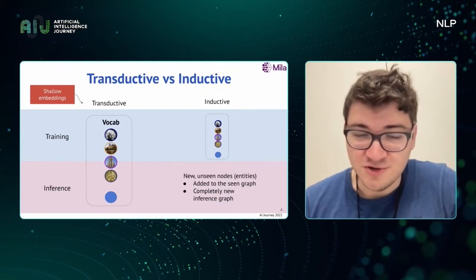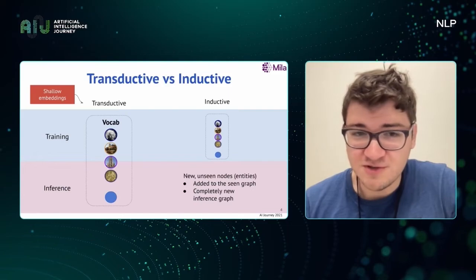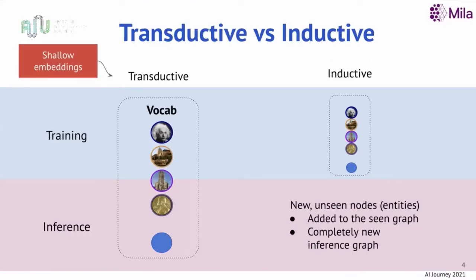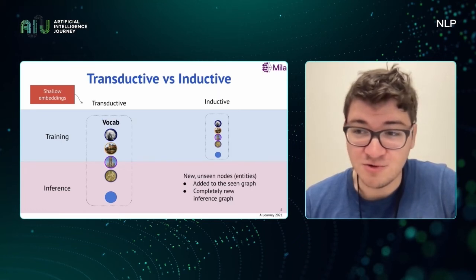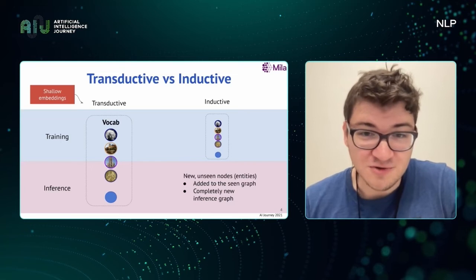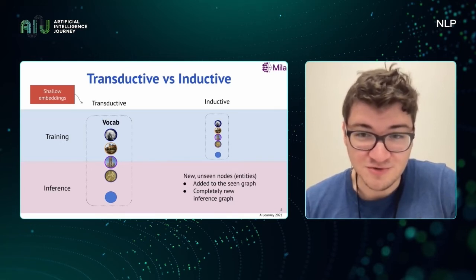These embedding tables are only usable in training and inference. Now let me tell you more about transductive versus inductive settings. In the transductive setting, we perform classification and look for links. The number of nodes doesn't change. All the entities are known during training. Accordingly, in the inductive setting, inference is supplied with a completely new graph or new, unseen entities, so we do not have pre-trained embeddings.